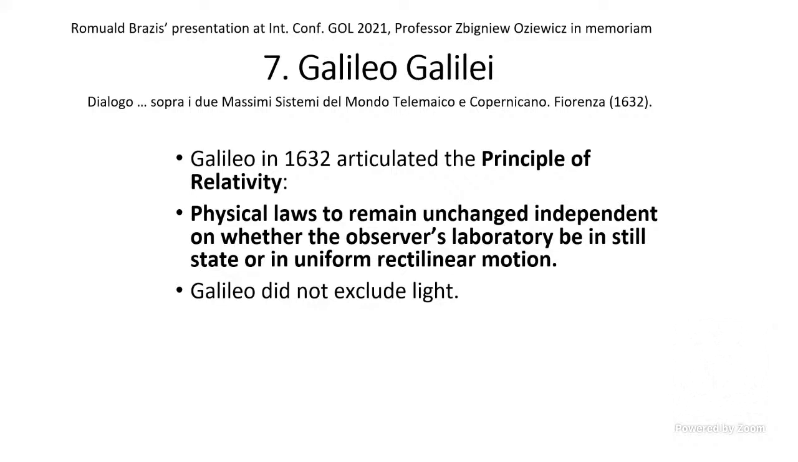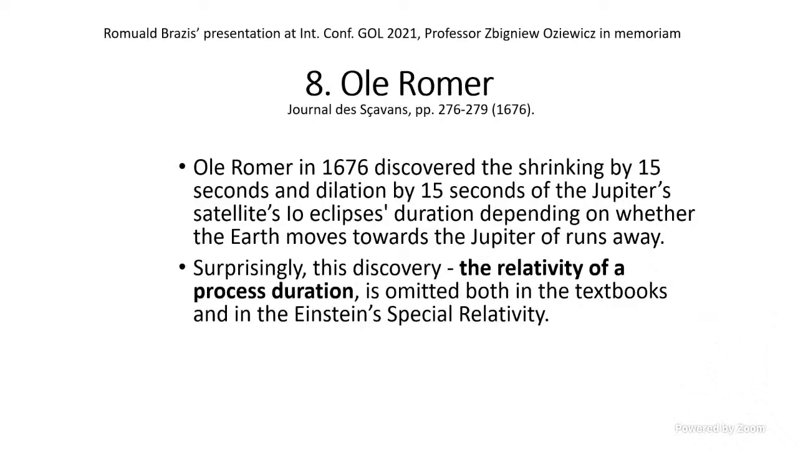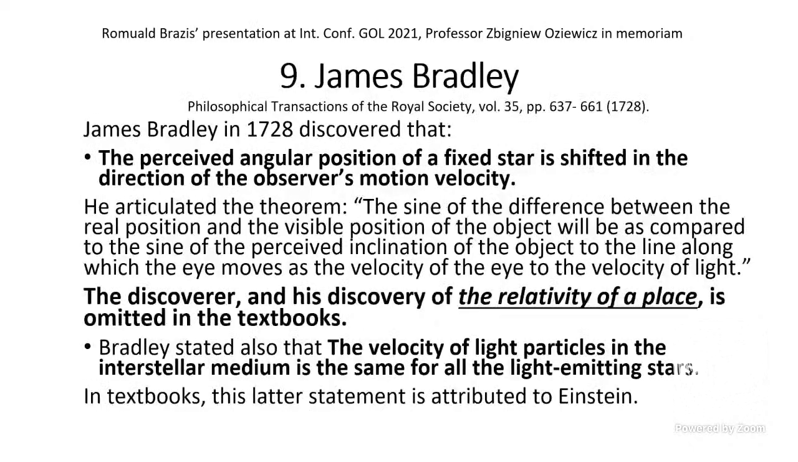Galileo articulated the principle of relativity. The physical laws remain unchanged, independent of whether the observer's laboratory is in a still state or in uniform rectilinear motion. Galileo did not exclude light. Romer discovered the shrinking by 15 seconds and dilation by 15 seconds of the duration of the eclipses of Jupiter's satellite Io, depending on whether the Earth moves toward Jupiter or runs away. Surprisingly, this discovery of the relativity of a process duration is omitted both in the textbooks and in Einstein's special relativity. James Bradley discovered that the perceived